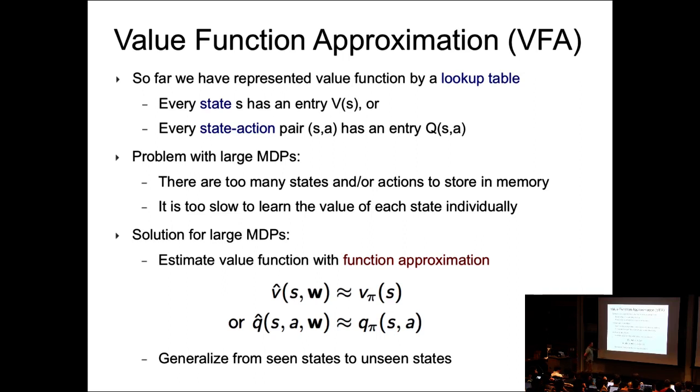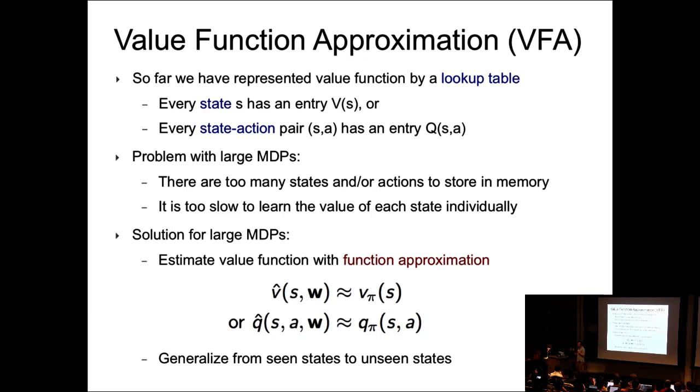And the other key idea here is we're going to be able to generalize from seen states to unseen states, right? And again, this is where inductive bias comes into play, which is you might observe a new state that you've never seen at training time, but if this new state is close to some of the previous states that you've seen at training time, then obviously you can generalize, right? So that's the idea of using function approximations.